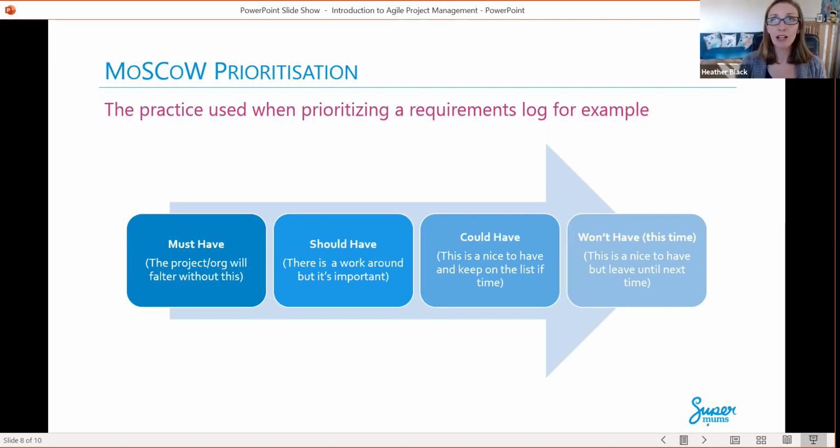It is important, I understand that, but there's a way that we can manage that differently right now, and we can move it onto a second stint of work where there's perhaps more budget assigned. So as an Agile project manager, you really have to facilitate those conversations and push back with a client, because some clients will want everything, and they will be a little bit cheeky and say, well, actually they're all must-haves. But you have to really push back on that, really challenge, question them, and also be able to facilitate those